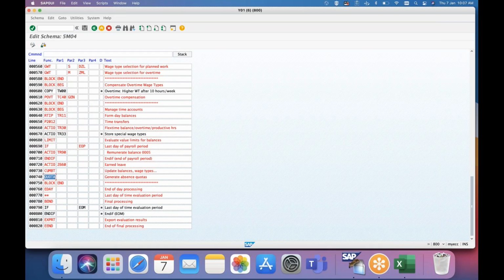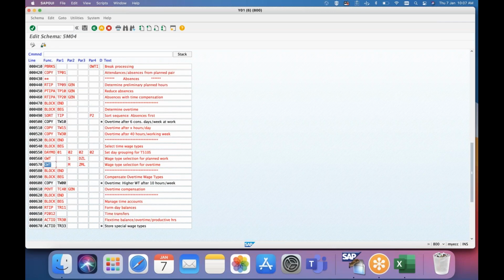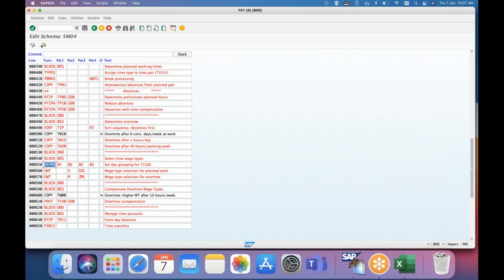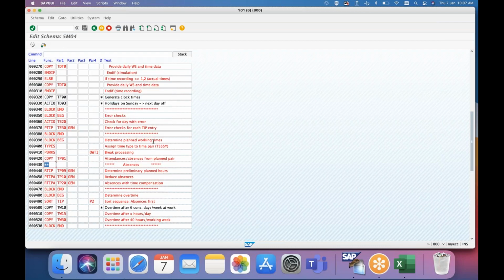So this is the function. First you have to understand CEMBT, it will update the temporary table. So when you are writing a PCR to update a quota, you have to insert it here. Similarly, we have different blocks with different topics in the coming sessions, which we are going to work on, covering almost all the subparts of the schema.